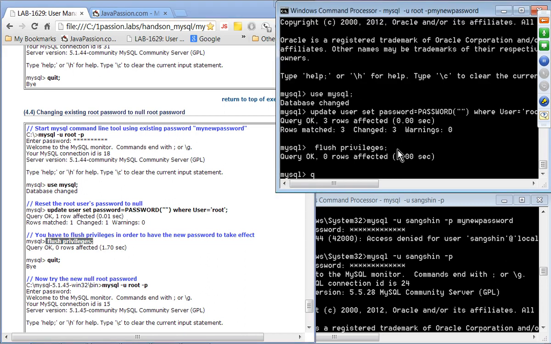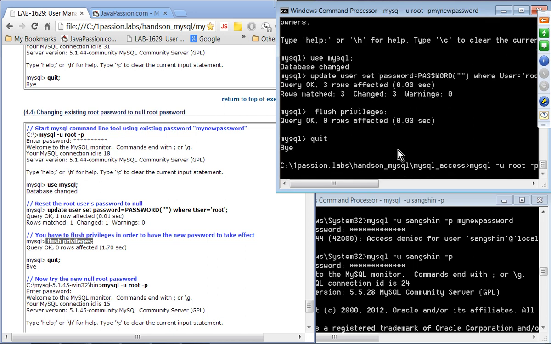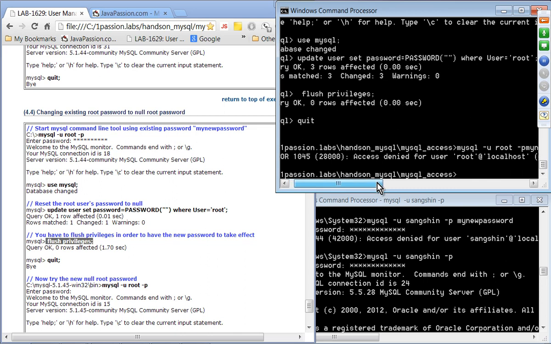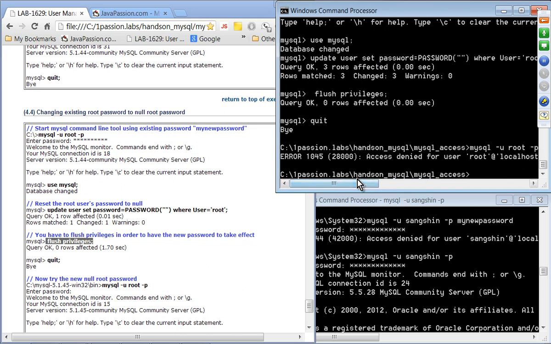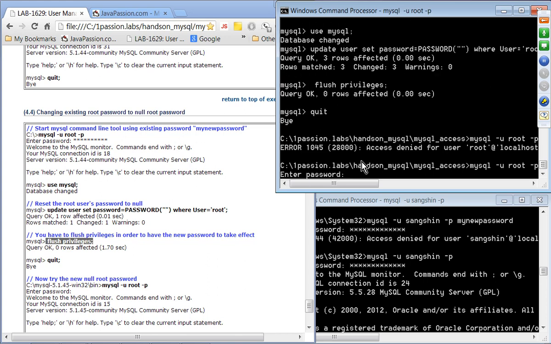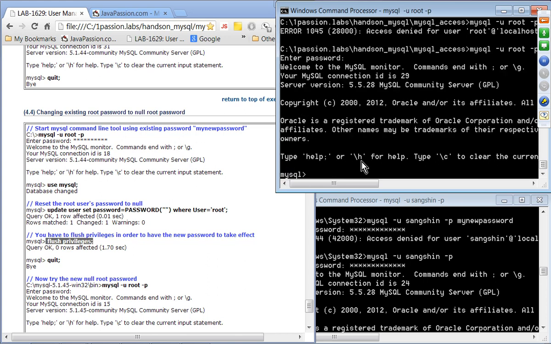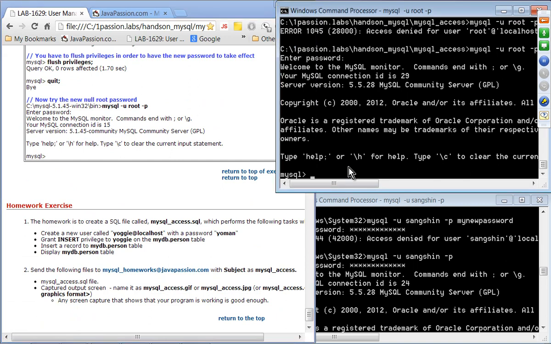And let me just quit, and then let's try. I mean, this one should not work because the user's root password is now the null. So I'm gonna try without providing this password and enter, and then it worked. Okay, all right, so that is pretty much what I have in mind. So let me just